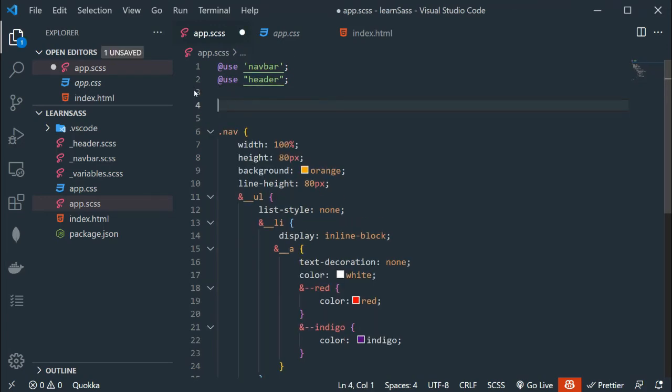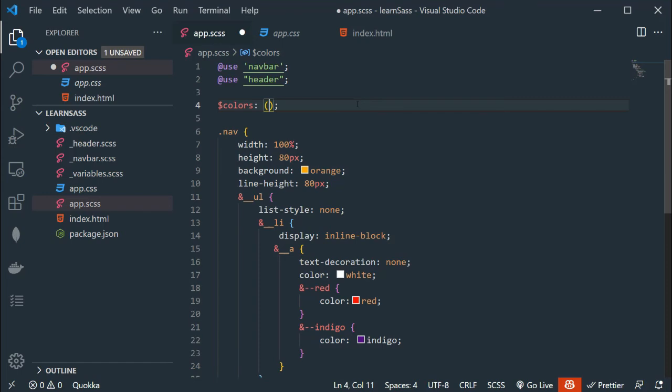Now we have to create a variable. So let's say $colors colon. The $colors variable will keep our list. After the colon I am going to add parentheses and a semicolon like so.